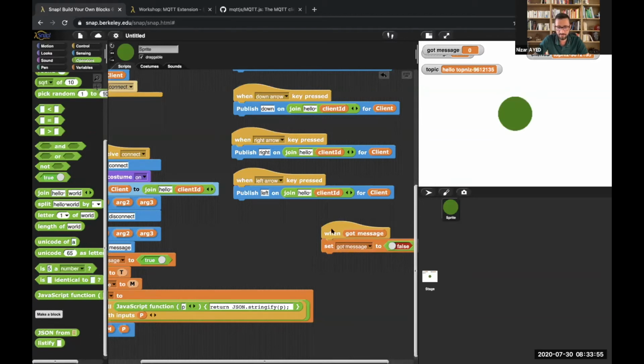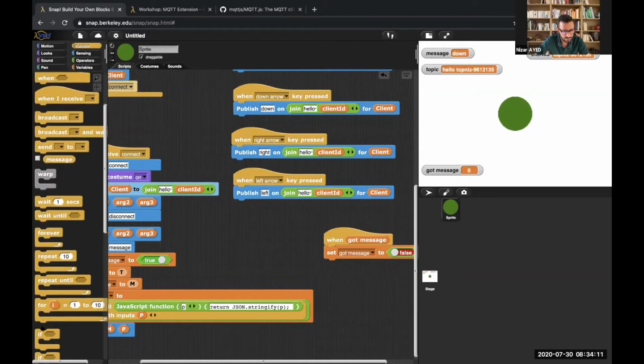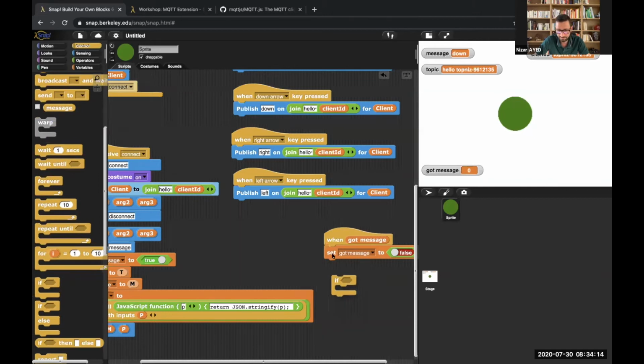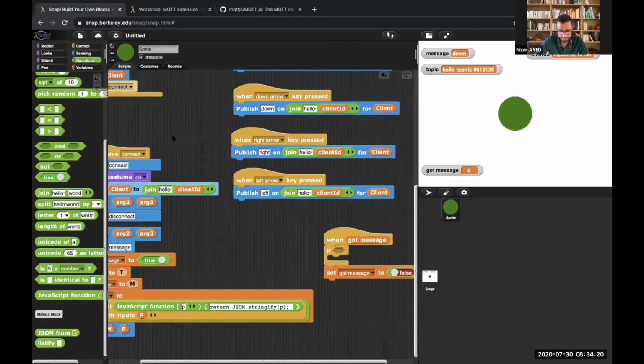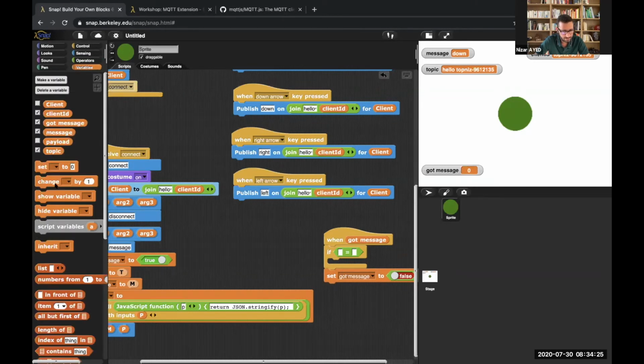Okay, and now let's handle the different cases. If my message was up, I will ask my object to go upward by 10 pixels, for example. So for that, I need to have the if block and test my message. And you will see that we will have a little issue here, and we will investigate why. So if my message is equal to up, sorry,